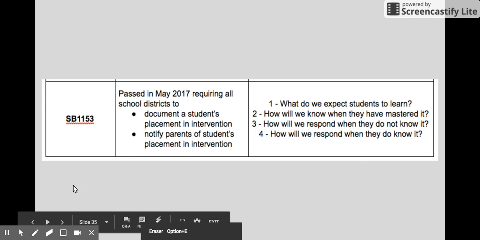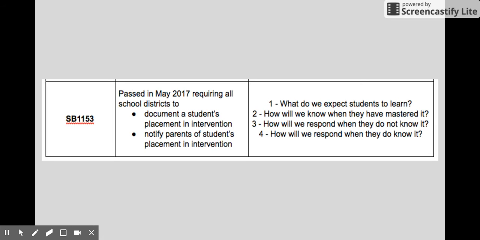So for this last piece, I'm just going to click through this. We're looking at Senate Bill 1153. It was passed in May of 2017. It required all school districts to document a student's placement in intervention and notify parents and students of the placement of the intervention. This one does address a lot of the PLC questions, just as the other ones probably have